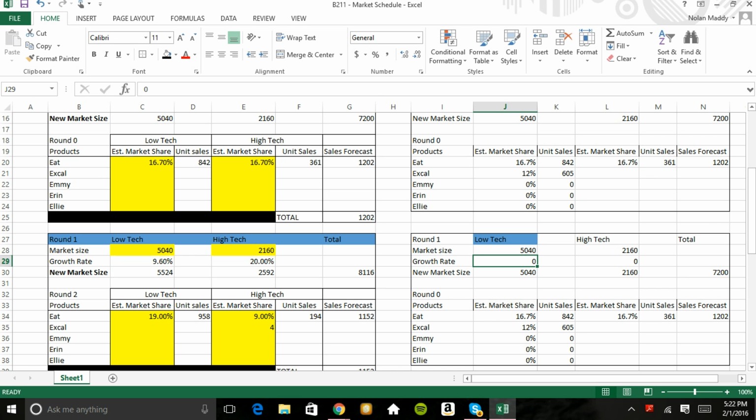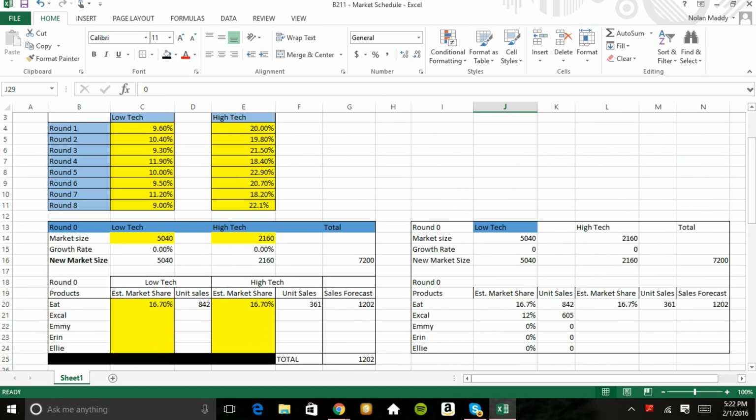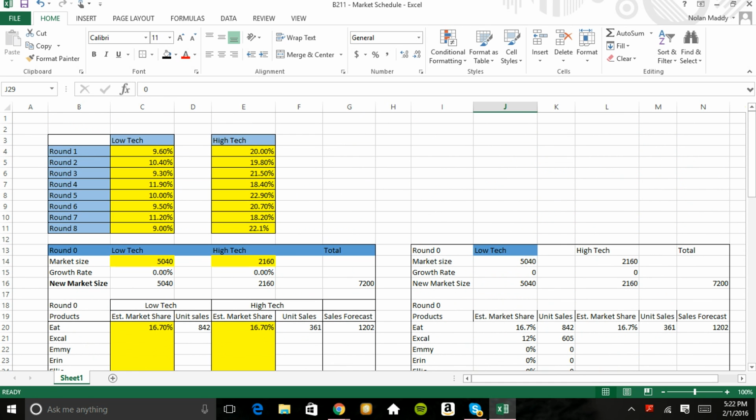But we don't have a growth rate of 0 anymore. We have a growth rate equal to round 1, low tech, growth rate, 9.6. So all I have to do